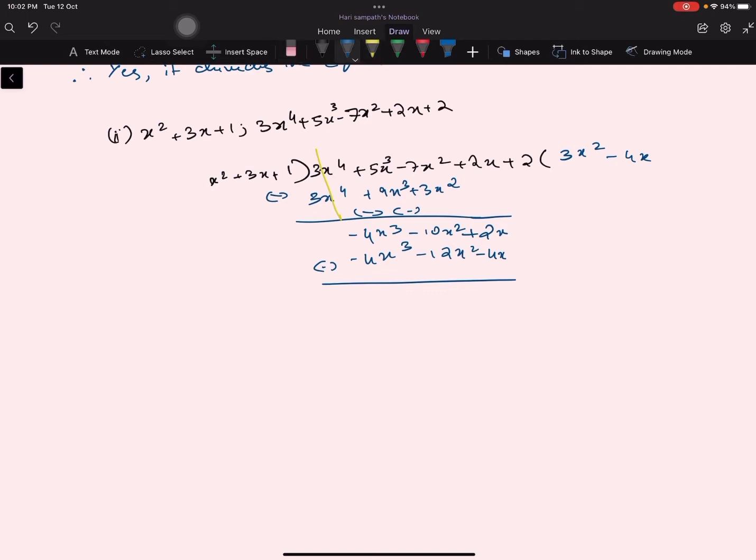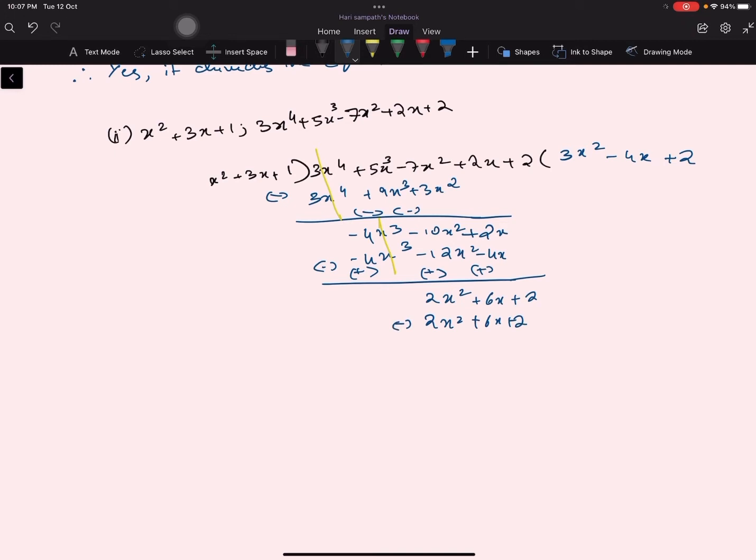And over here, this becomes positive, this also becomes positive, and all of them become positive when we subtract the equation. The first two terms cancel each other, and here we get 2x square plus 6x plus 2. And now when we multiply the equation with plus 2, we're going to get the same thing, so it will divide it. We'll get 2x square plus 6x plus 2.